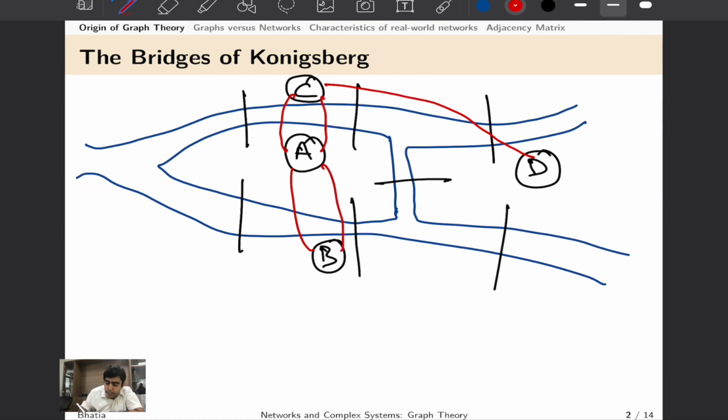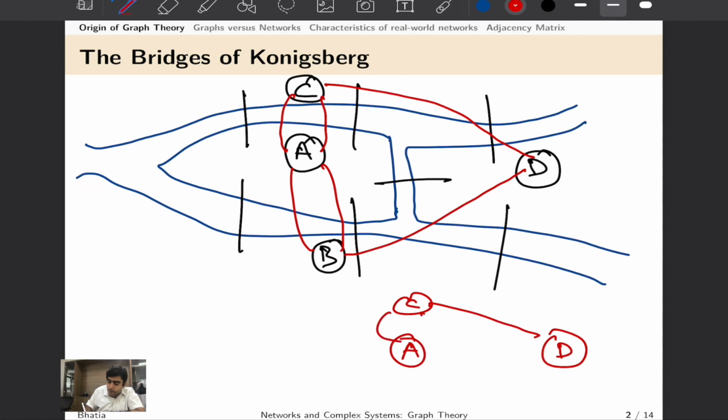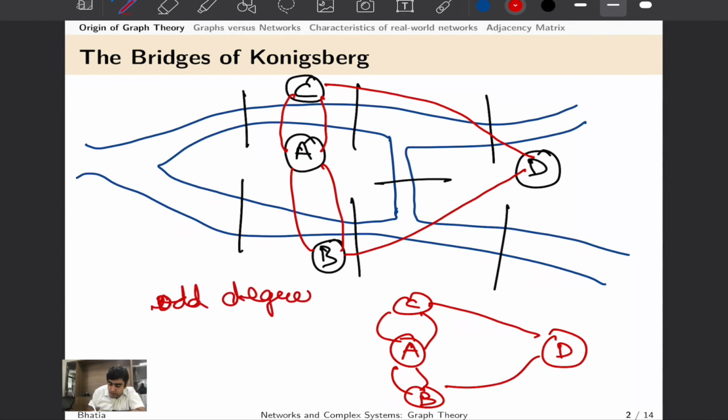Similarly, D and A are connected by 2 bridges, A and B are connected by 2 bridges, and B and D are connected by 2 bridges. So this gave rise to an interesting representation in the form of a network where we had something like this. And he made an interesting observation. That is, if we have more than 2 nodes in a particular graph which have odd degrees,